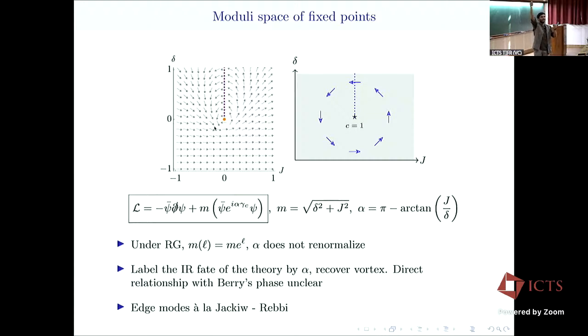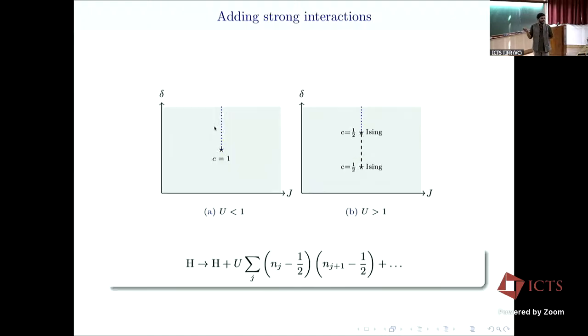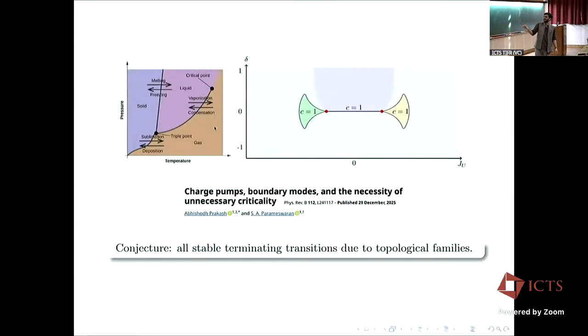Each point in the phase flows to one point on the circle. Okay. So finally, we can introduce interactions, and this is my interest. The gapless point actually under strong interaction splits up into a terminating first order transition, and we have a conjecture that all these terminating transitions can be interpreted as obstructions that appear in the middle of a non-contractible cycle such as charge pumps. Okay, so I'm very short on time, so I'll move on to